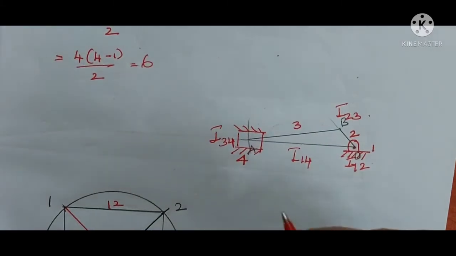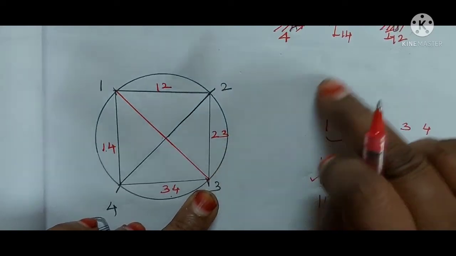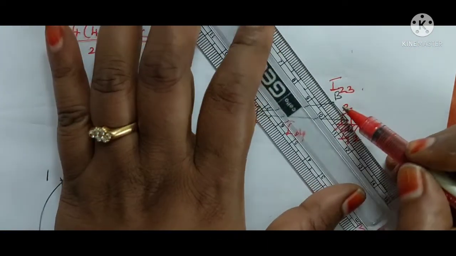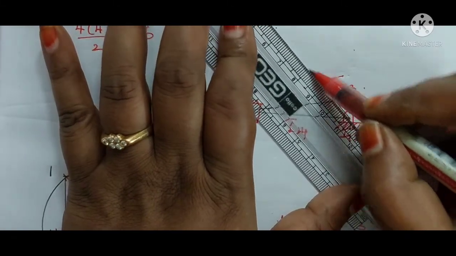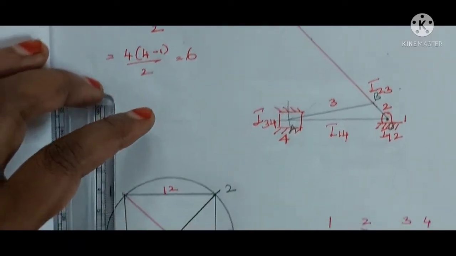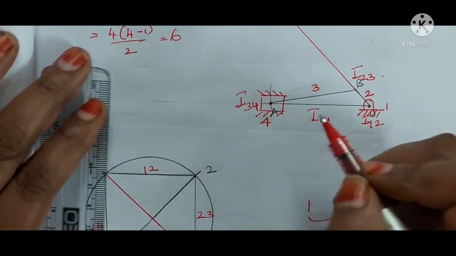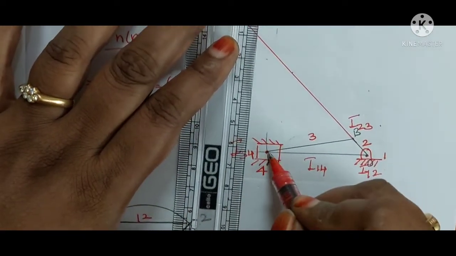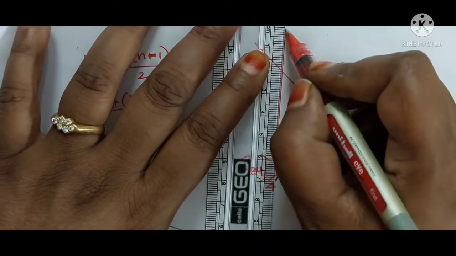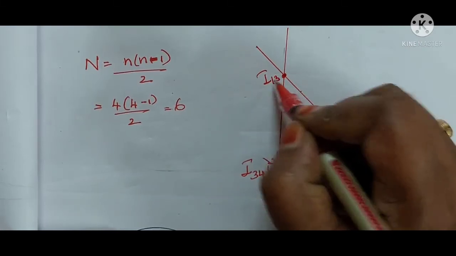So now you just see how can we get I13? So I12 and I23. So where is I12? So this is I12 and I23. Extend this line as it is. Now the next one is I14 and I34. I14 and I34 come in the same line, so same line or the same point we can say. Now it moves to an infinity side. So now this particular point gives I13.